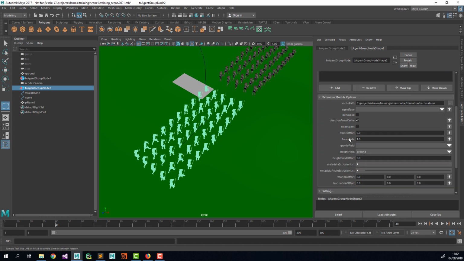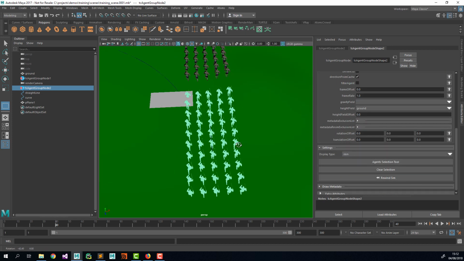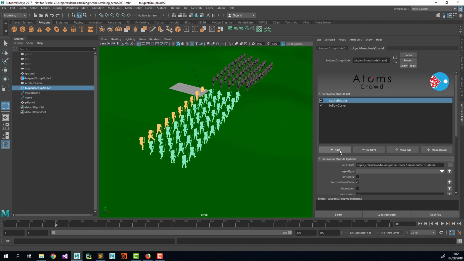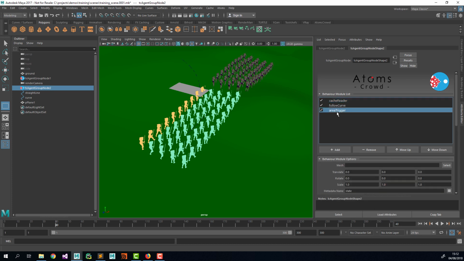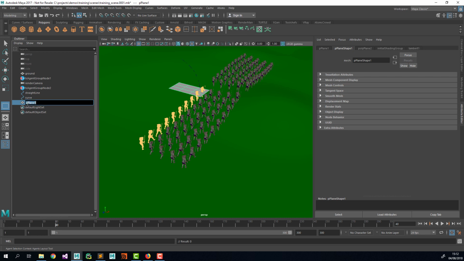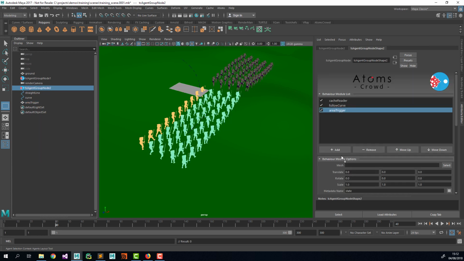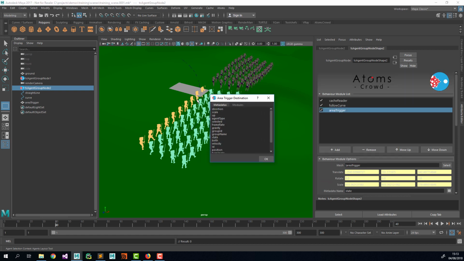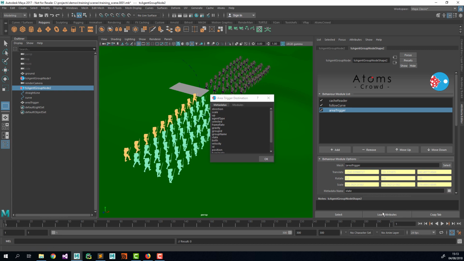What I want to do now, actually, let me select them back because I didn't want to unselect them. I want to create an area trigger and use the plane. This one I'm going to call area trigger, like that. Area trigger, here we are. And what we're going to do with this one is say whenever an agent is getting into the area trigger, I want to change the follow curve weight,